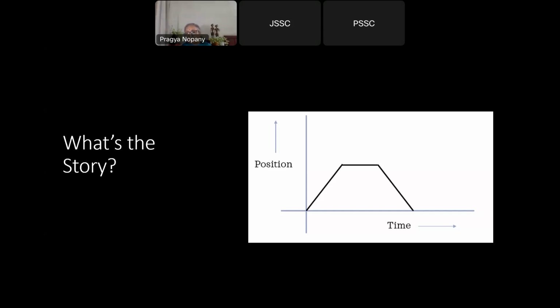Somebody might be saying that there is a dog which starts running from a position, then he finds another bigger dog, so he just stops and stays at that position and then runs back after getting scared of the bigger dog. That is one thing. Then somebody might say that, okay, this is Radhika, she started from home and she went to a movie theater and then she watched the movie and then she came back home.